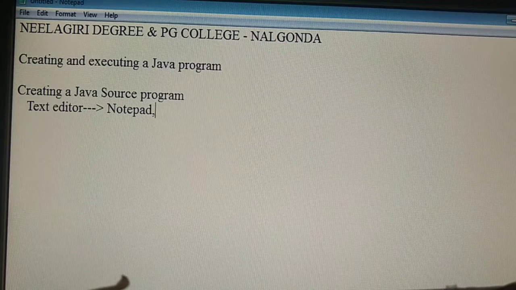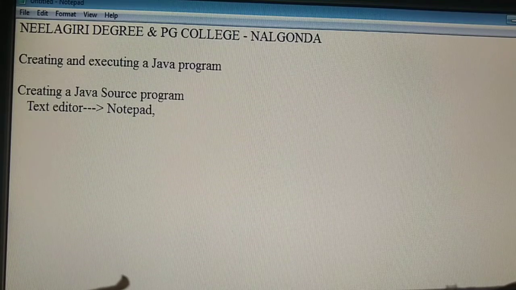In every Windows operating system, there is a text editor, that is Notepad. By using Notepad, we can create a source program. We do not require any other editors, unlike C language, which requires an editor. For Java, we don't require any other editors or IDEs. Any text editor is enough.